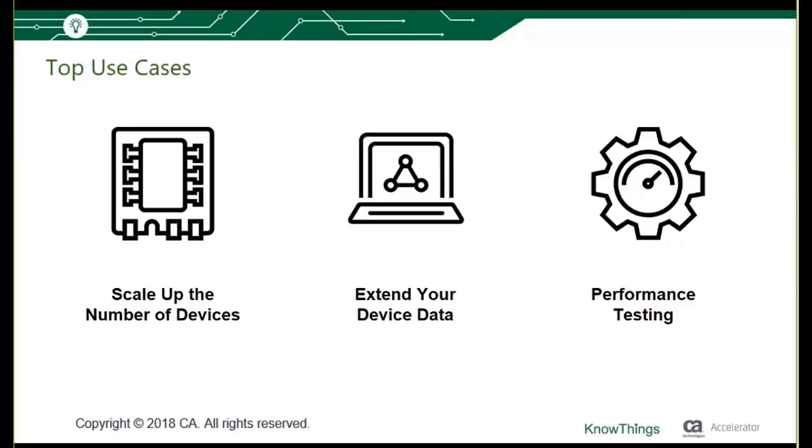So the scale, this is really easy. Early in your IoT development, we've been hearing that a lot of times you have one or two, or maybe just a handful of devices, and you're really going to be working on something that might be 5,000, 10,000, or even more devices, but you're really early on, and it's this parallel path between the device and actually having to do the systems work. And so, with KnowThings,